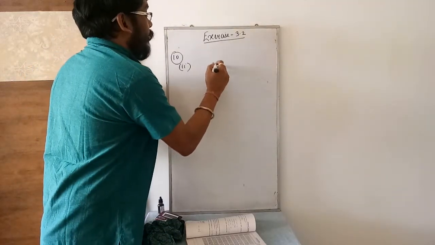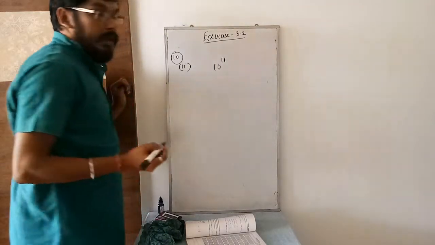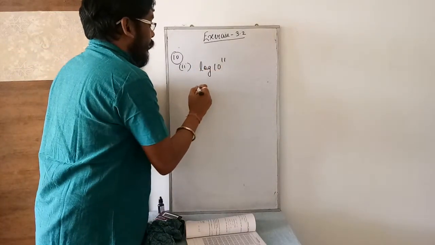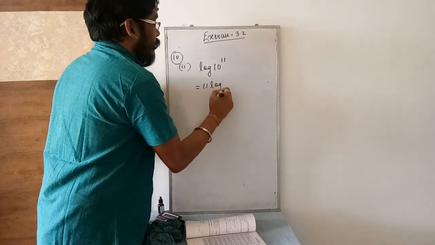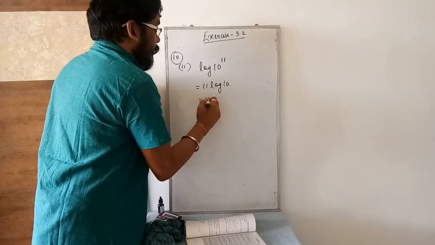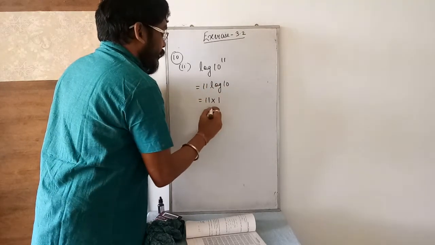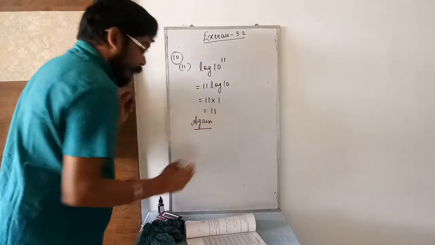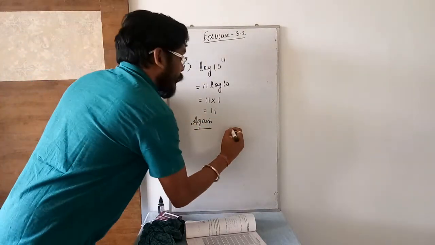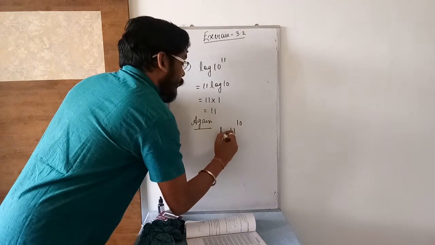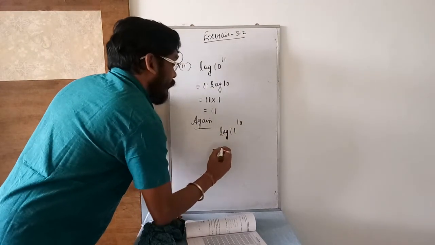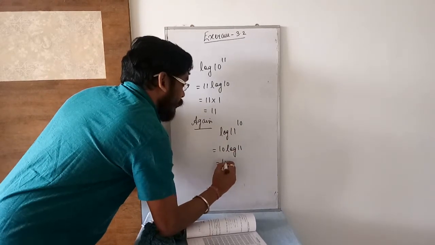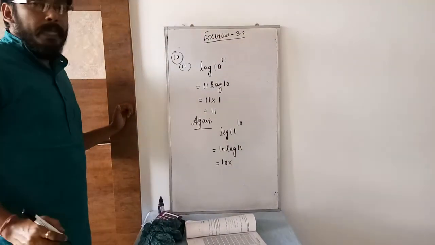So to find out the value of 10 to the power 11, same case, I will take log of 10 to the power 11. So it is 11 log 10. The value of log 10 you know is 1. So it is 11. Again, the other also we have to find out. To get the value of 11 to the power 10, I will take log and simplify. So it is 10 log 11.